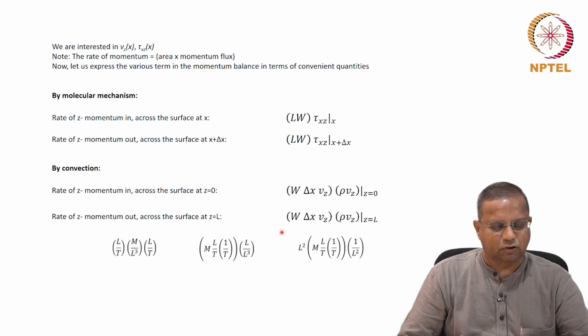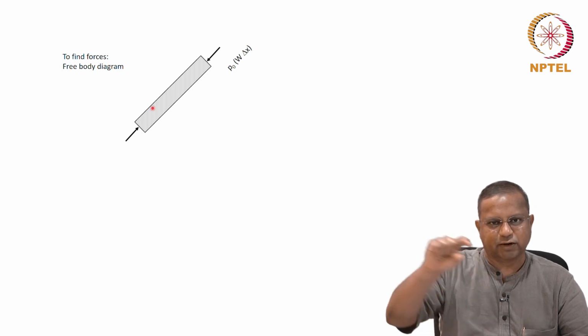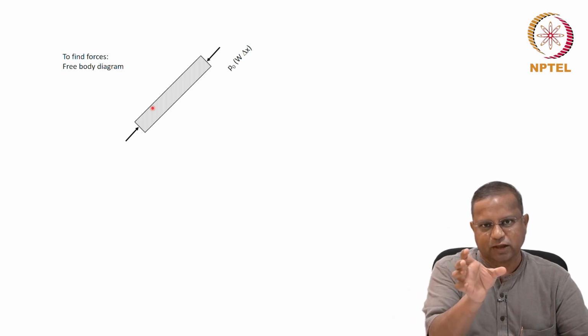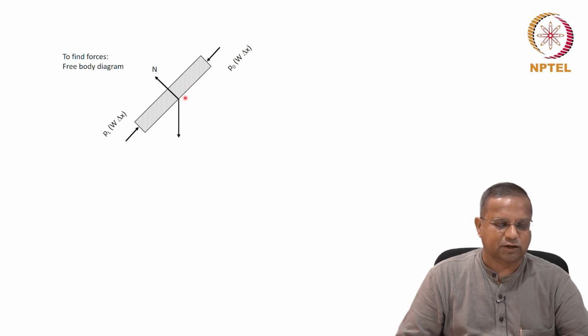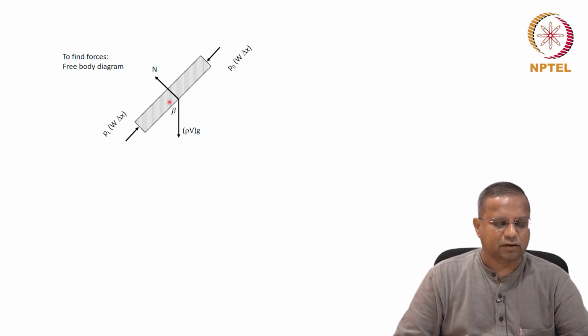Then we put all these terms together. This is a free body diagram. You cut out a part of the thing that you want to analyze and look at the forces that are going to act on it as though it is going to stand separately. And that's a standard means of analysis. So you have a pressure force acting on this side, a pressure force acting on this side, a normal force, and a gravitational force that acts right down. The plate is at an angle of beta to the vertical.